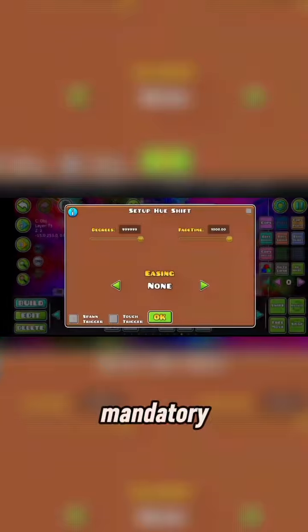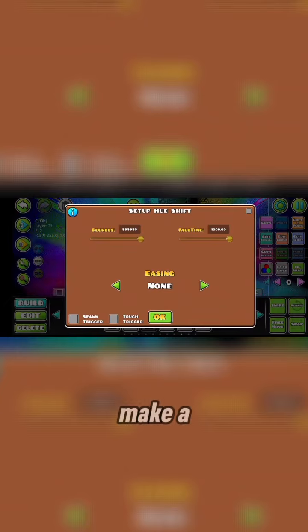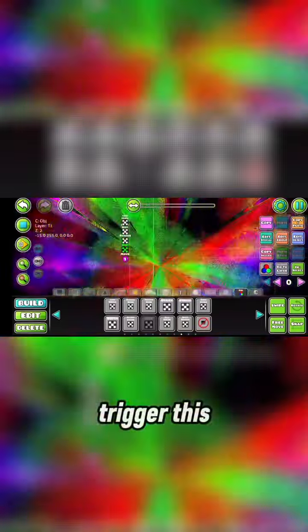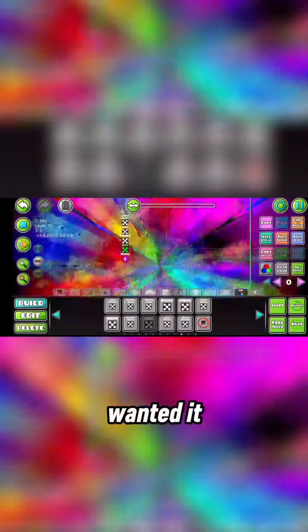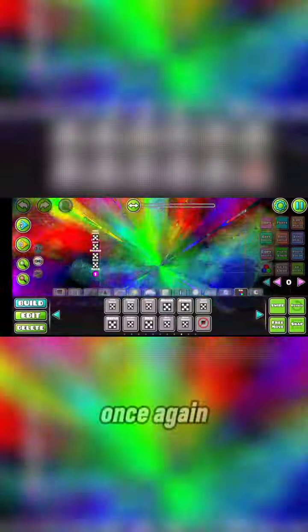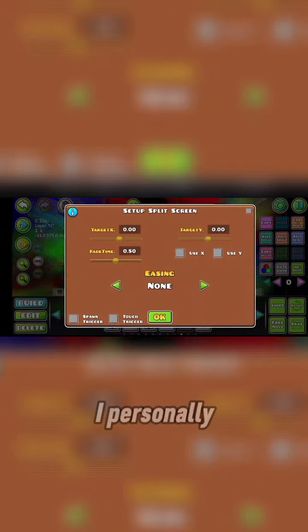This isn't mandatory, but what I like to do is make an infinite hue shift trigger. This way throughout the whole level, if you wanted it to, it changes colors. Once again, this isn't mandatory, but this is what I personally did in Beautiful. I took a split screen shader effect and I amped the X and Y target on it. And this is our final